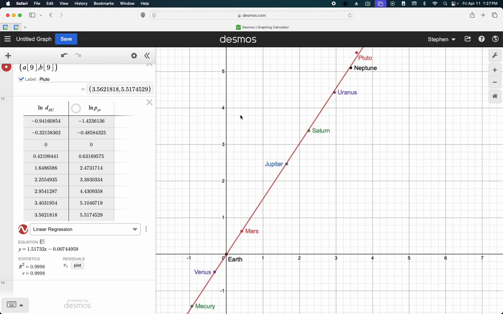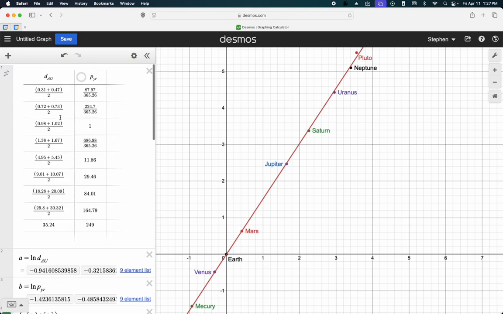Why is your Pluto so close? Pluto is not that far. First of all, this is a log scale. Pluto is plenty far from Neptune, but on a logarithmic scale, it's not. He put his by the natural log, like the natural log of the rate of change. Right. So I changed